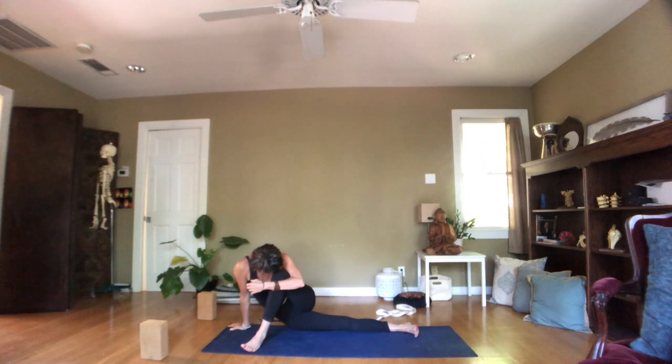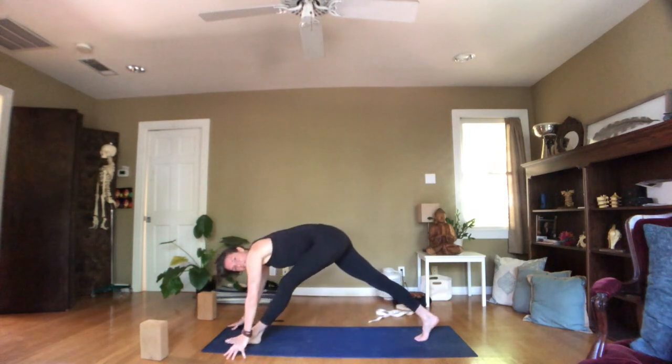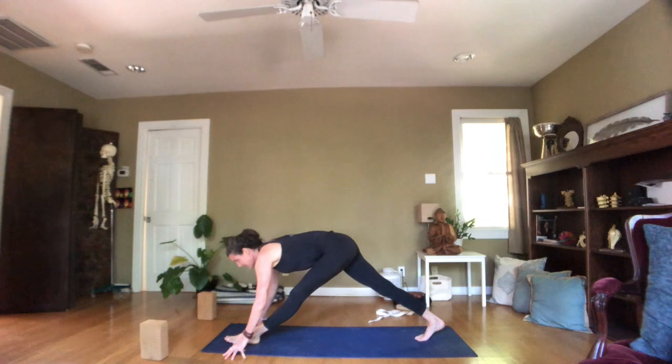Nice. Take one more breath. Release, come to neutral. Find again that pyramid shape. Walk the arms forward if you can. Then roll both inner thighs to the wall behind you and feel how that sort of pulls the tailbone up